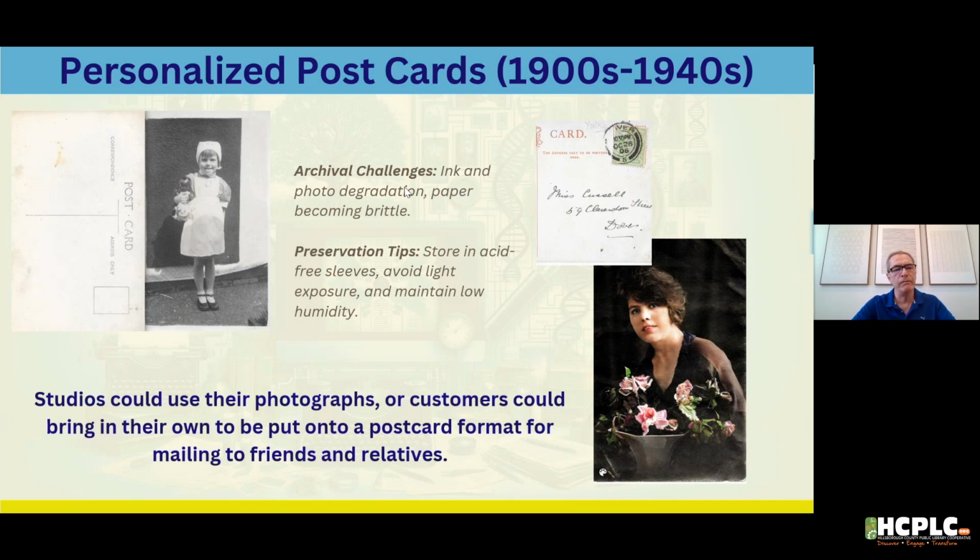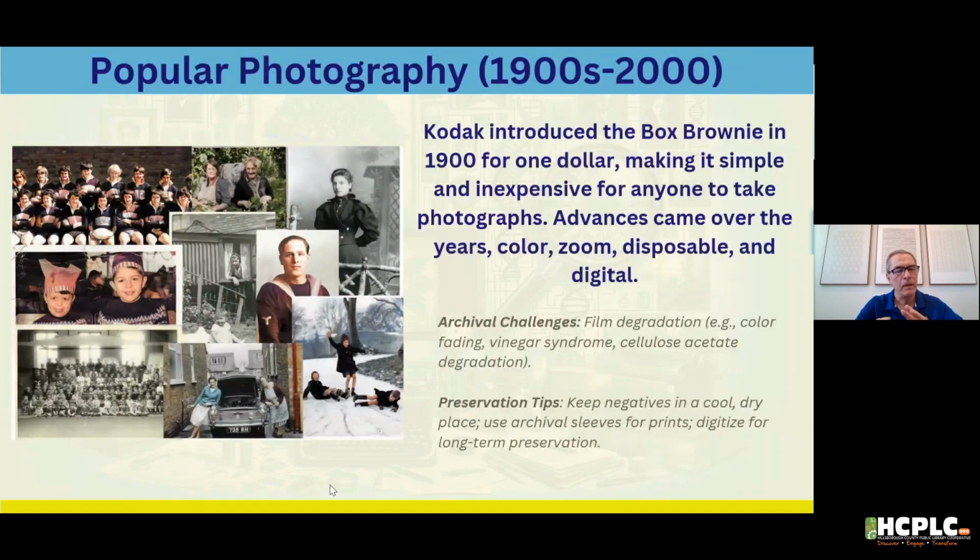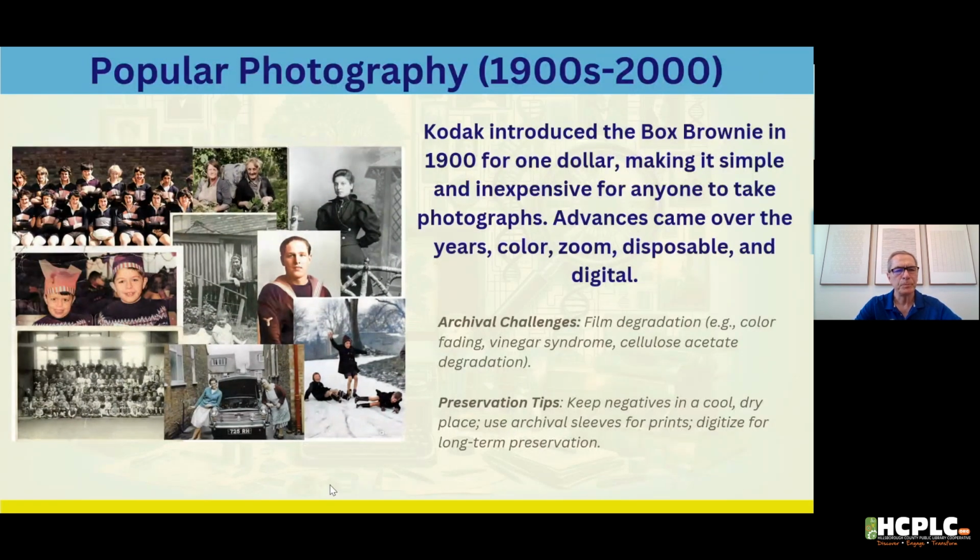So we've moved really from the daguerreotypes up into the 1900s, 1940s. We're looking at formal photographs. The next stage really of the photographic journey, and I'm missing some of the specialist photographs out here, is what we'd term popular photography. And the box brownie, probably all heard of, was introduced in around 1900. And people could take inexpensive photographs even back then. We've all probably took photographs on film and taken it to Walgreens and CVS. They all used to be black and white. Now we have color, zoom, disposable, digital cameras